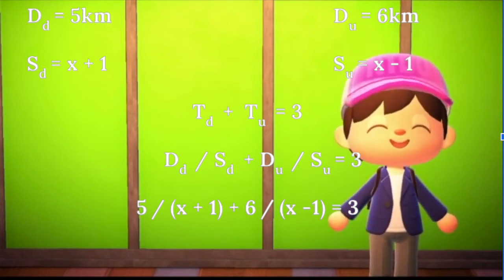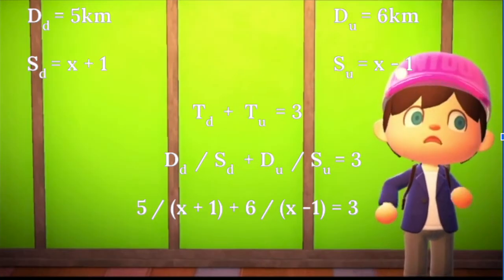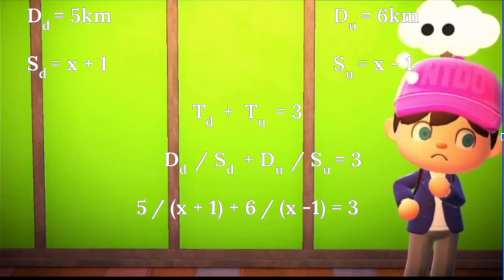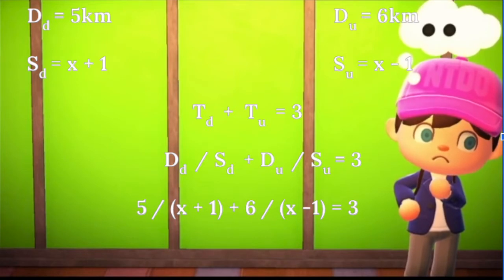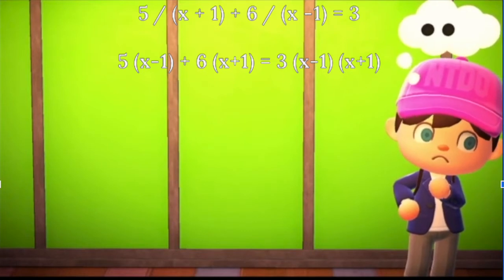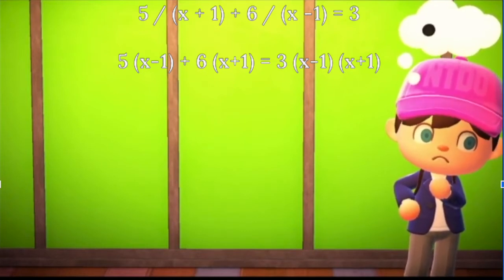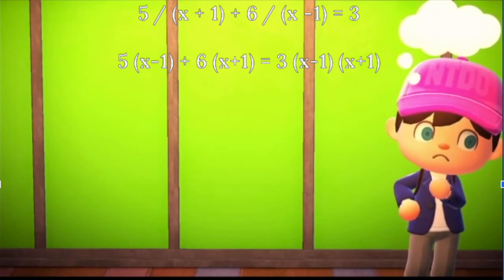So that means that since our denominator on one side is x plus 1 and our other denominator is x minus 1, we have to multiply the entire equation by x plus 1, x minus 1 to cancel everything out. And so after you multiply, you should end up with 5 times x minus 1 plus 6 times x plus 1 equals 3 times x minus 1, x plus 1,